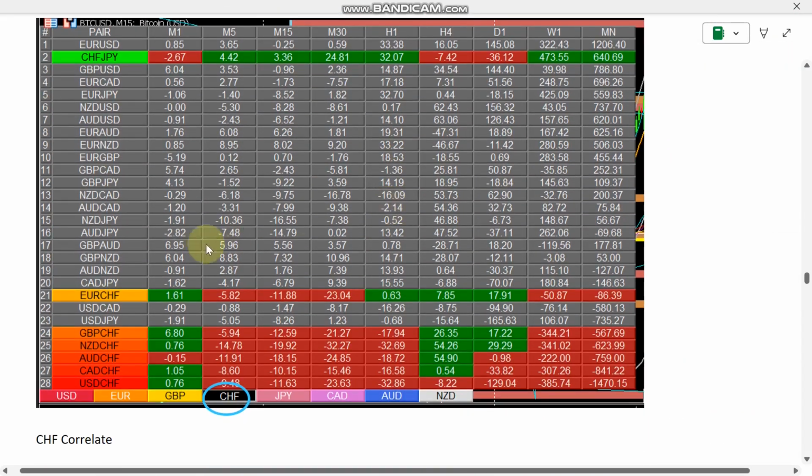This is the chart heat map. Switch from is correlated. Every pair is down here. That means switch from is strong. Only this one is a different direction. It shows the switch from is strong, but all of this, GBP, New Zealand, Aussie, CAD and USD, start to get green at 1 minute time frame, and then will go green, green, green, green, and dominate all the higher time frames, or not, is the question